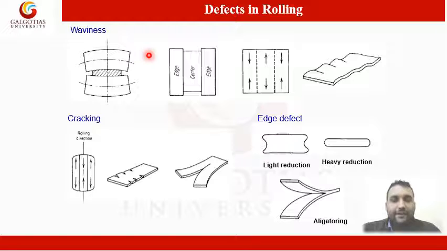So next are the defects in rolling. As you can see, this is the waviness which occurs on the rolled object. This is due to some foreign material attached to the roller, so this waviness shape is produced on our final product. This is the distortion that occurs in our final product when excessive rolling is done. This is cracking, as you can see the cracks here. This is an edge defect, where the rest of the product is fine, but the edges are distorted like this.